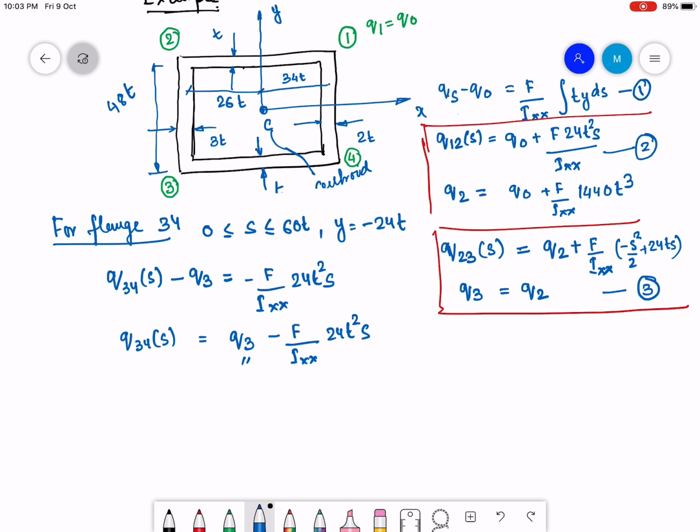Now Q3 we have found out to be Q2. So Q3 is Q2. So this is going to be Q2 minus